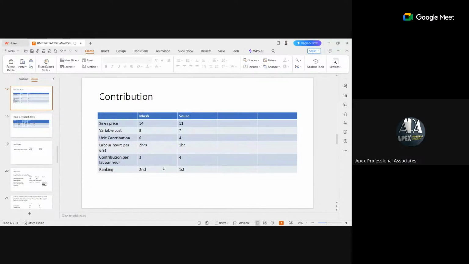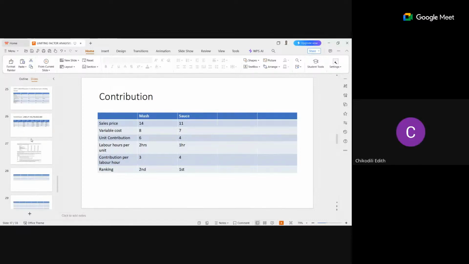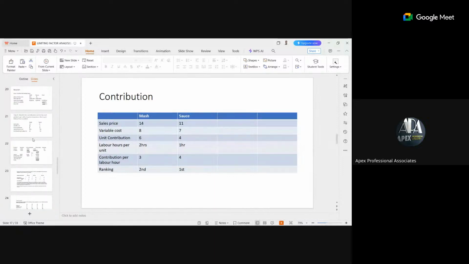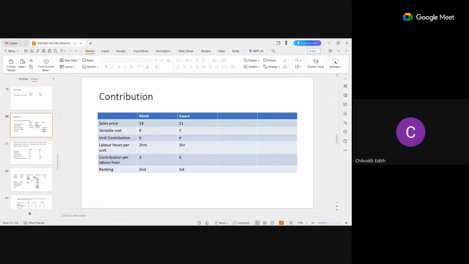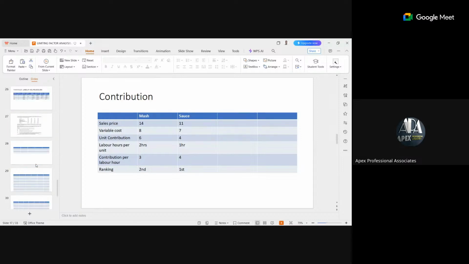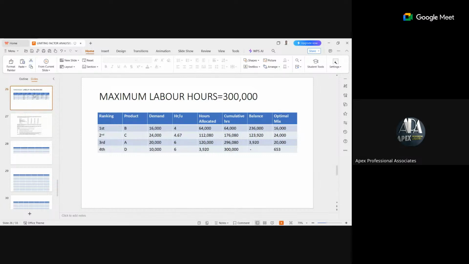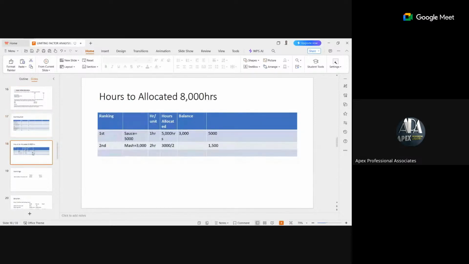Now, the question goes further. Determine the production budget that will maximize profits, assuming that the fixed costs are $20,000 and that there is no opening inventory of finished goods or work in progress. So to do this,